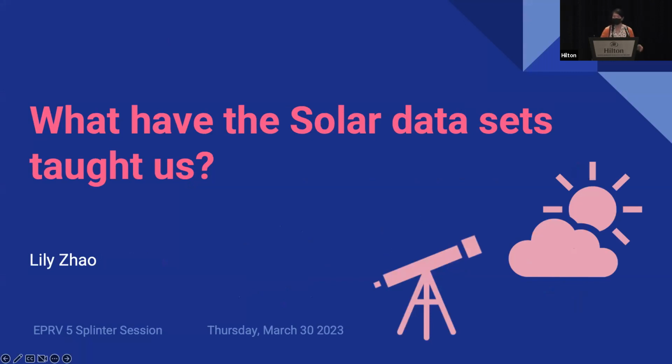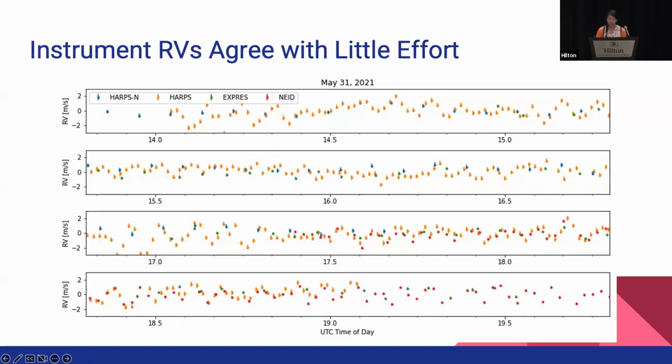And so for this next part, I wanted to run through a few slides. I talked about what we have learned so far from the solar data sets and how we might want to apply this when we're thinking about the stellar target list we want to compile during the stellar session. And so I showed a bunch of slides just yesterday comparing the different solar telescopes from EXPRES, NEID, HARPS, and HARPS-N. And I showed them binned.